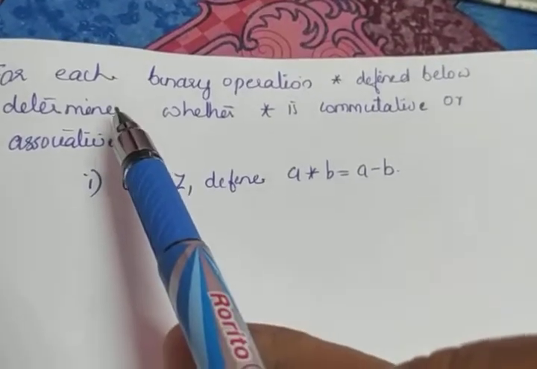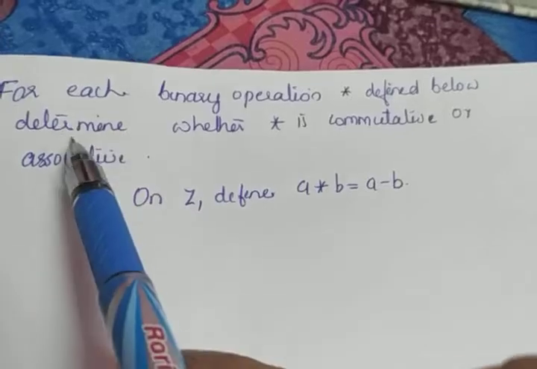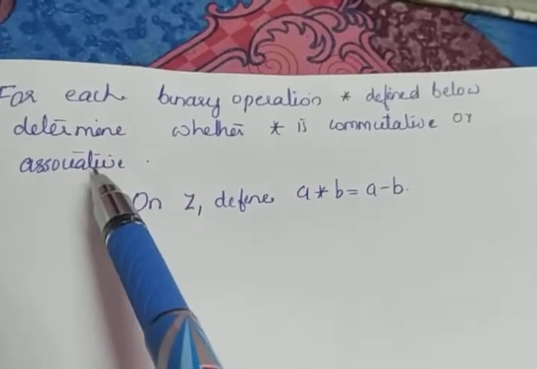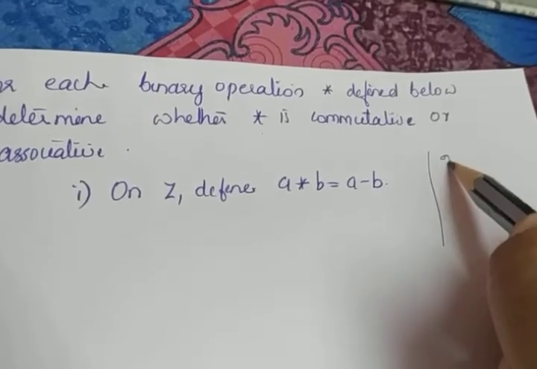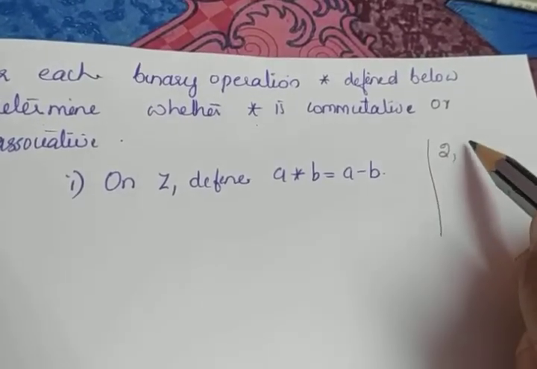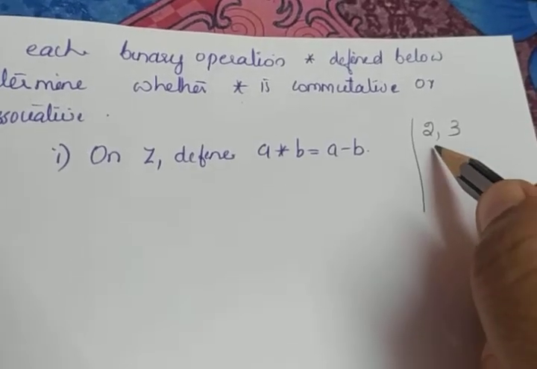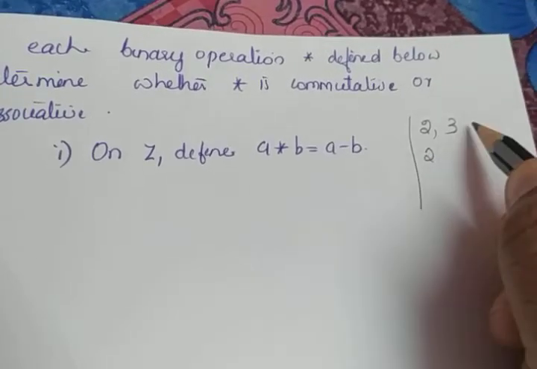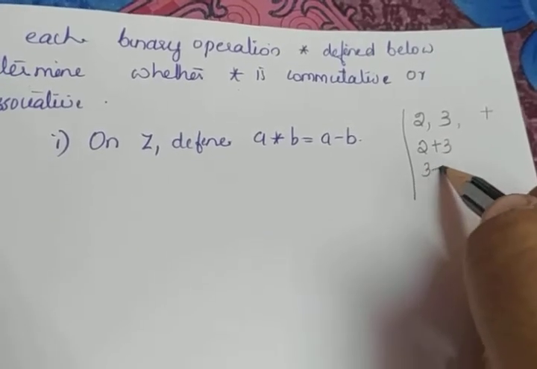Second question of exercise 1.4 is, for each binary operation star defined below, determine whether star is commutative or associative. Do you remember what is commutative? If I am taking two numbers, I am not dealing with the set, I am just taking two numbers, 2 plus 3. When will I say that they are commutative? If I am using the operation addition, if I get 2 plus 3 and 3 plus 2 as equal,